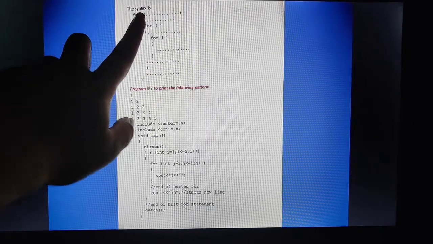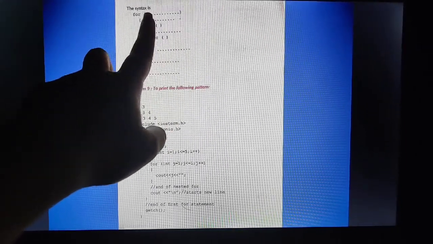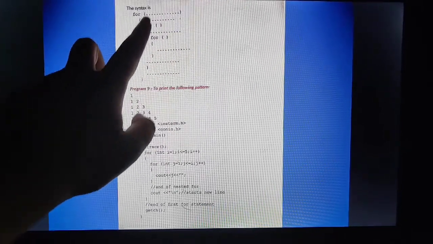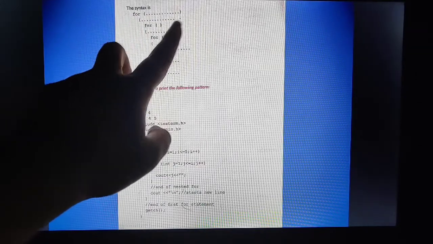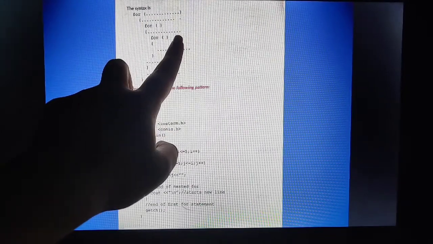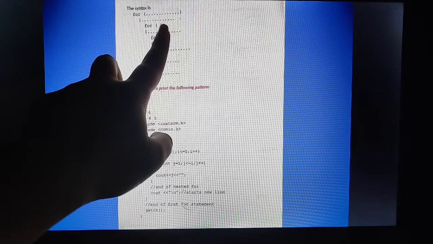The syntax for it is, for you will have initialization, your condition and your increment operator, then curly braces will start for the statements. Then again you can have your for loop, and you can have the following statement. If the condition is true, then that statement is to be executed, no? So you have to give the statement.